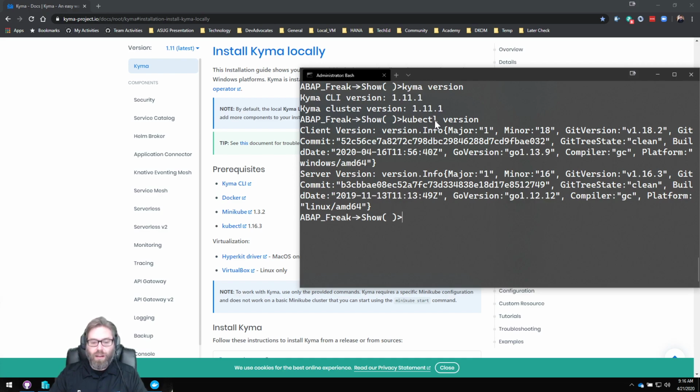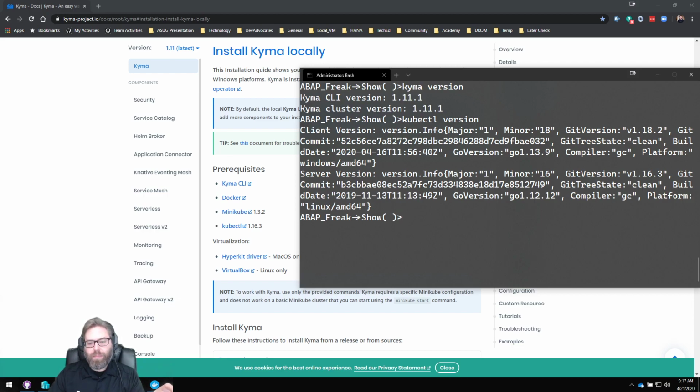I used to install it by installing the Google Cloud SDK, and that would pre-install kubectl as well. But I got to the point where I wanted a little bit more control over the versions of kubectl and wanted to be able to install it standalone. So what I've started doing in my Windows environment,